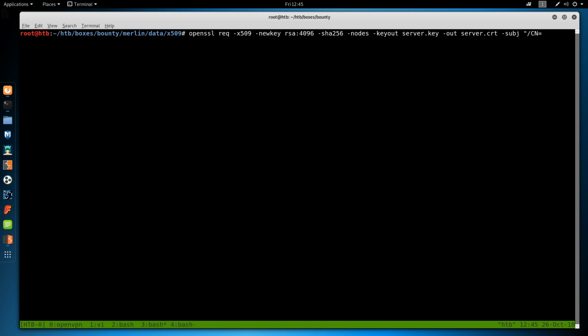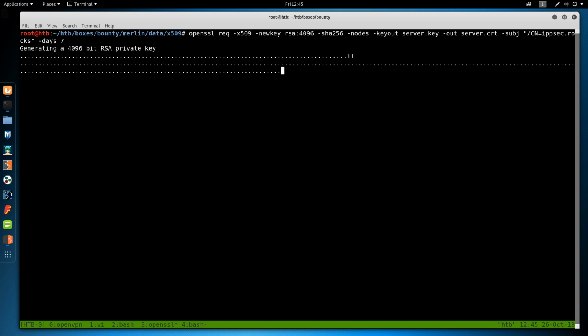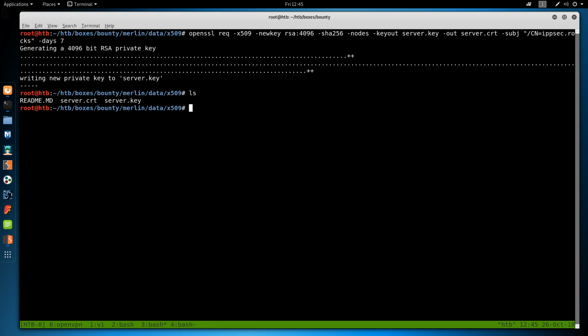CN. We can call this anything we want, so we'll do ipsec.rocks. It could be com or whatever, any TLD. Doesn't matter, because we're using IP addresses anyways. It's just for the cert. Generate that, and it'll be valid for 7 days. We got the key, so the